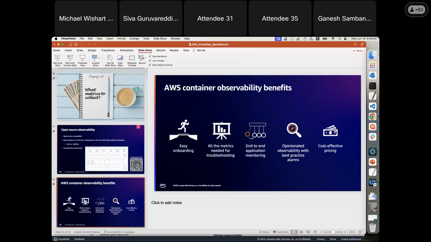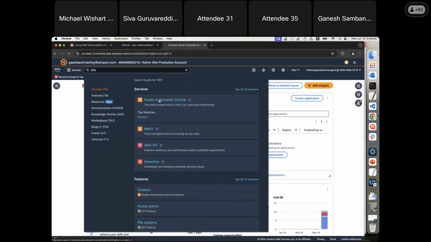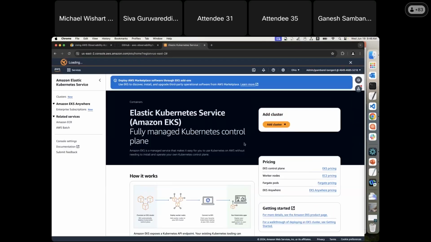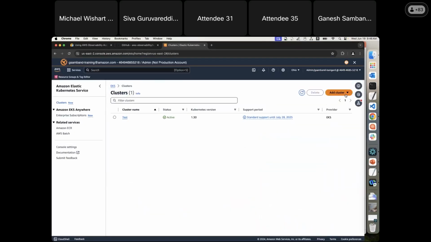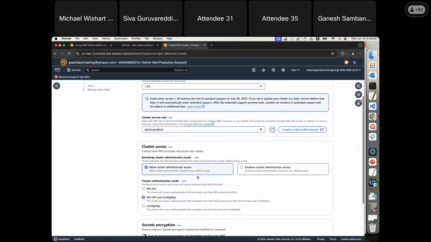With that, I can quickly demo EKS and how you can enable this agentless monitoring. Here, when you create a cluster, I already have a cluster, but let me create a quick one. When you create a cluster, you provide all the basic information.